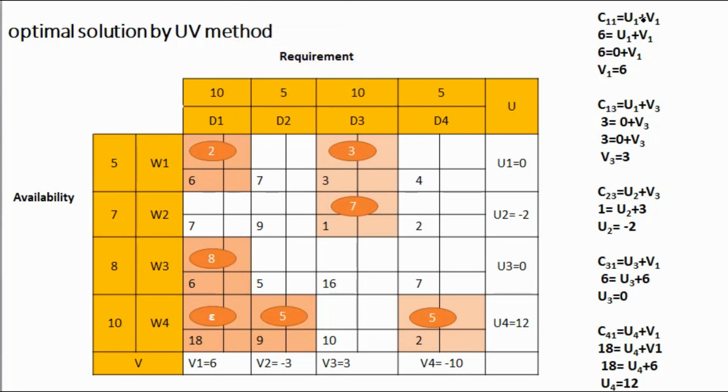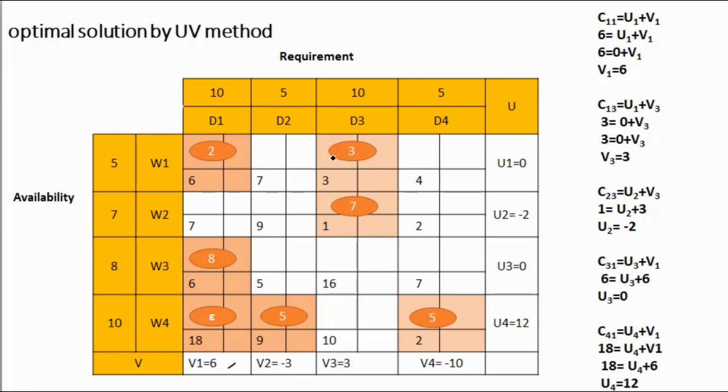C11 is equal to u1 plus v1, that is Cij is equal to ui plus vj, where i is equal to 1, j is equal to 1. So if you look at it now, the C11 value is 6, so 6 is equal to u1 plus v1. Now if you assume u1 is equal to 0, then we get v1 is equal to 6. Now similarly, we check out